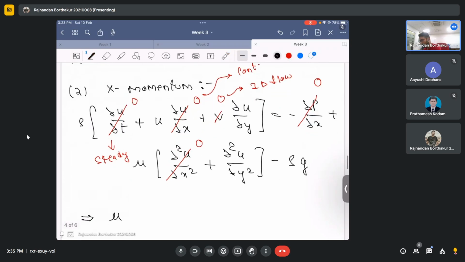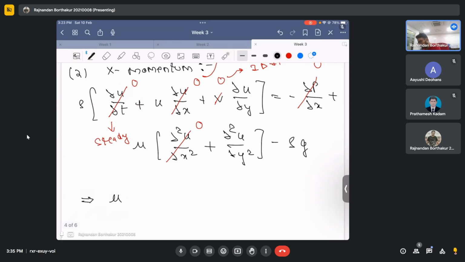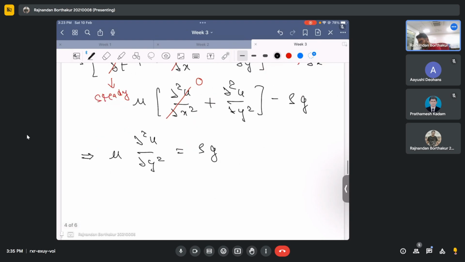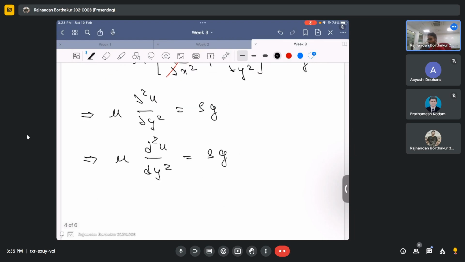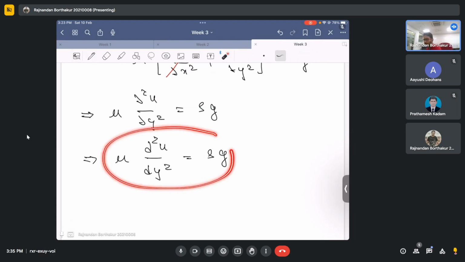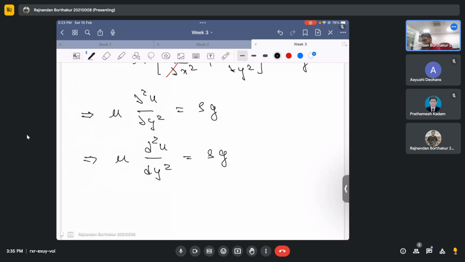So we just end up with this term, which is mu times del squared u by del y squared equals rho times g. Since u is just a function of y, I can replace the partial derivative with the ordinary derivative, so d squared u by dy squared is equal to g. Now we know that we need to integrate it, but I'm asking you a physical question here, from this